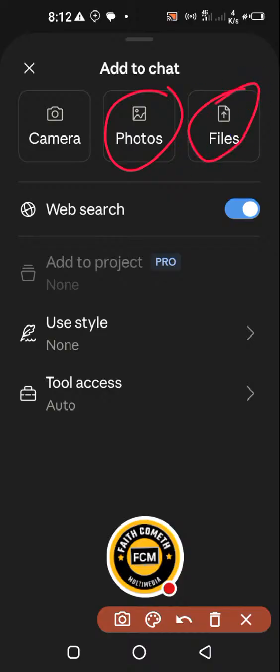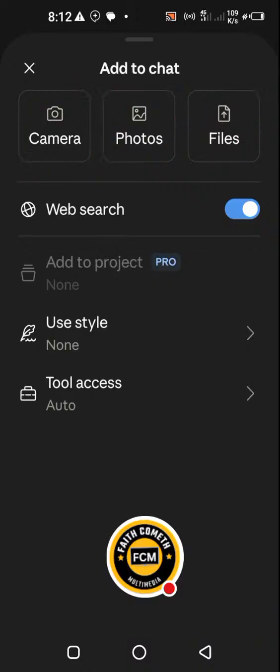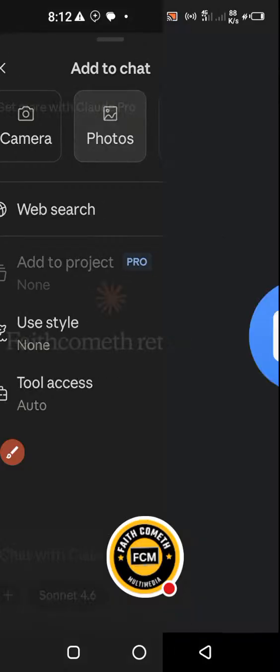And if it's a hard copy flyer, something that is not on your phone, you can use the camera to import, as in you snap the information into Claude or any of those chatbots you are using. In this case I'll click on photo,